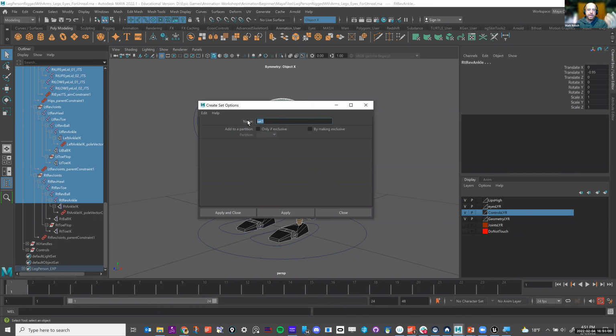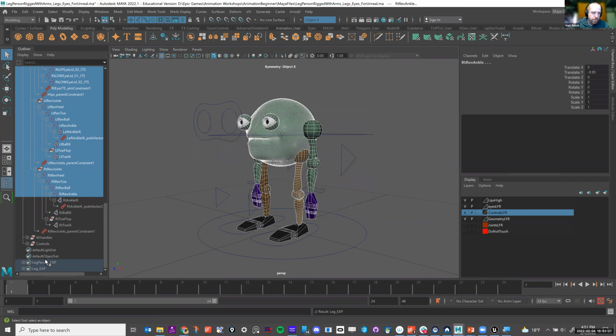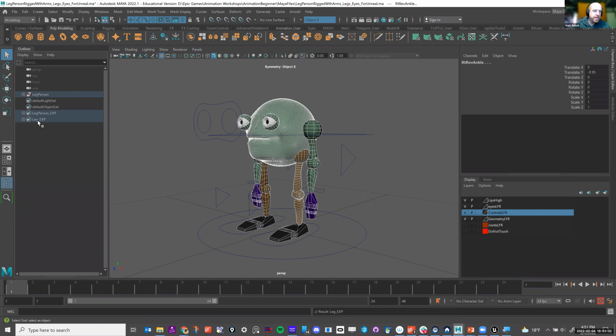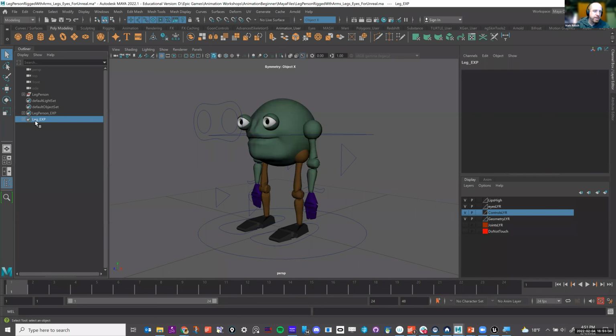In this, I would put the name of the character and then EXP. I usually put in whatever the name of the character is, and then EXP. Then if I do Apply and Close, you'll see that now there's another selection set, leg export. This is the one I'm going to use for the demonstration.